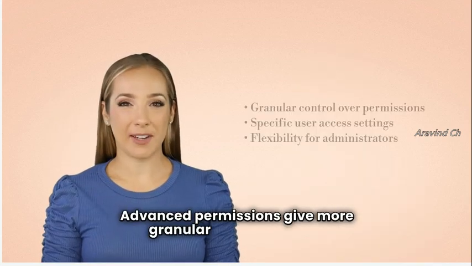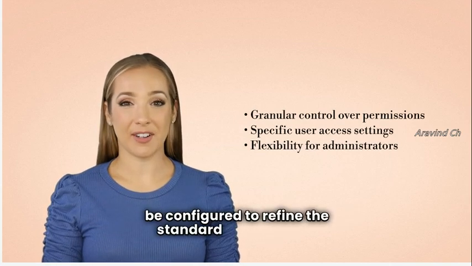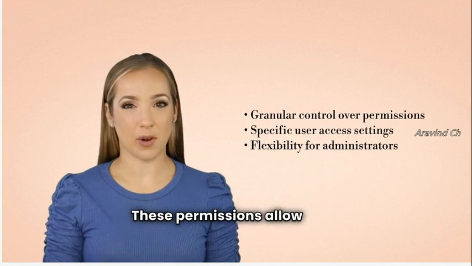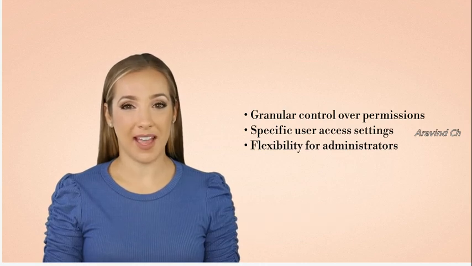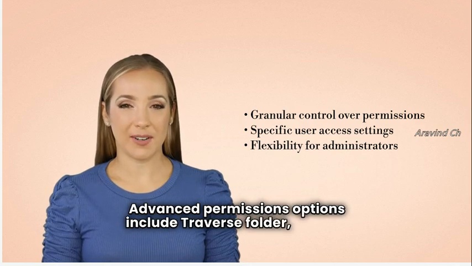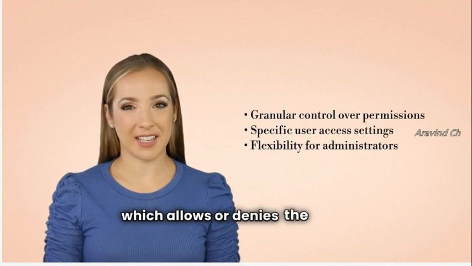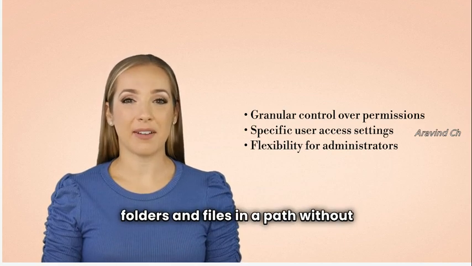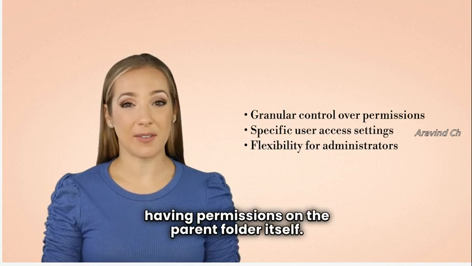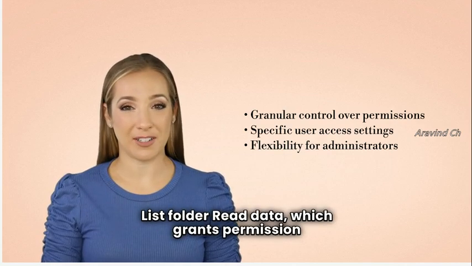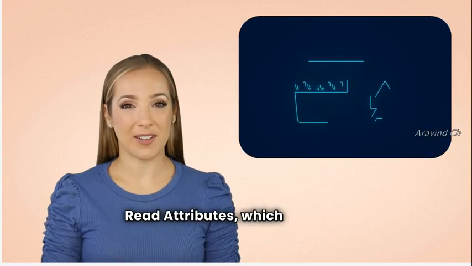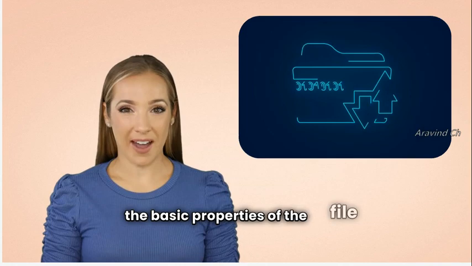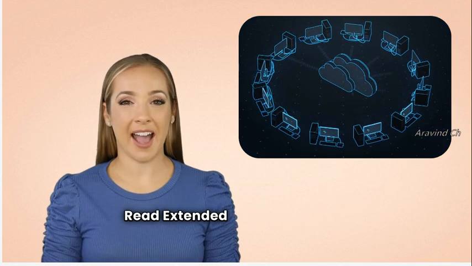Advanced permissions give more granular control and can be configured to refine the standard permissions. These permissions allow more specific control over what users can and cannot do with a file or folder. Advanced permissions options include traverse folder, execute file, which allows or denies the ability to access folders and files in a path without necessarily having permissions on the parent folder itself; list folder, read data, which grants permission to list the contents of a folder or read the contents of a file; read attributes, which allows or denies access to the basic properties of the file or folder; read extended attributes, which allows or denies access to additional metadata about